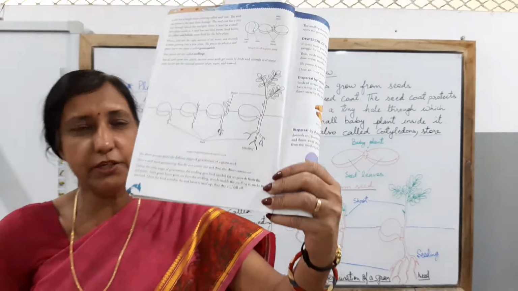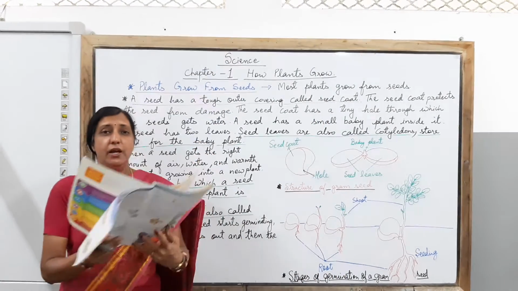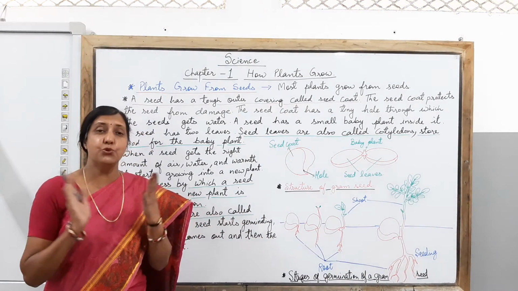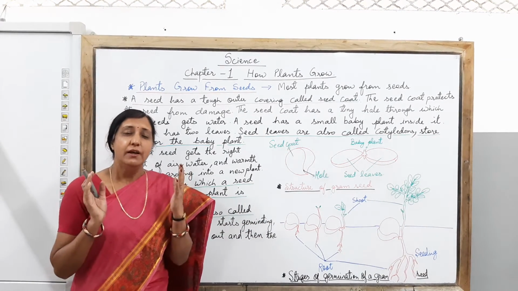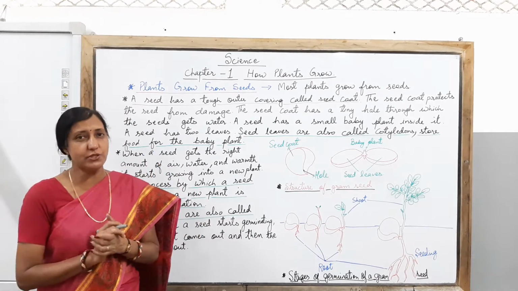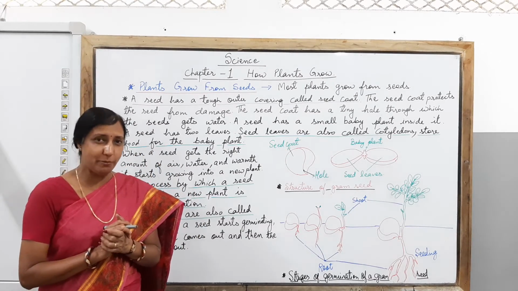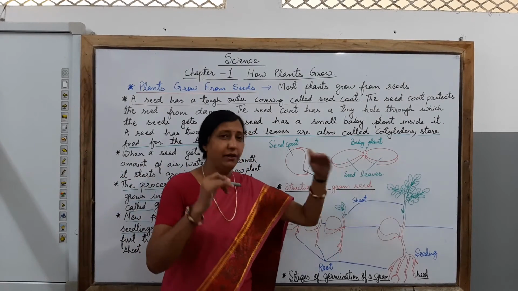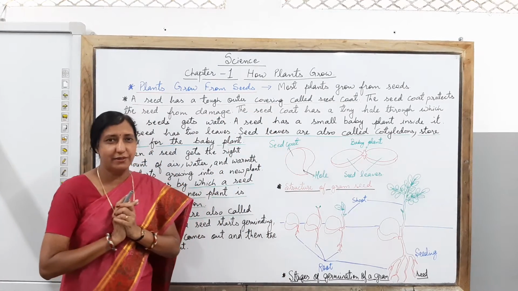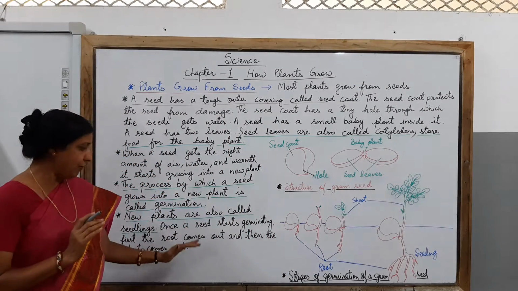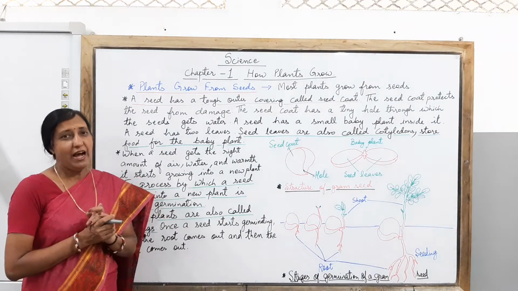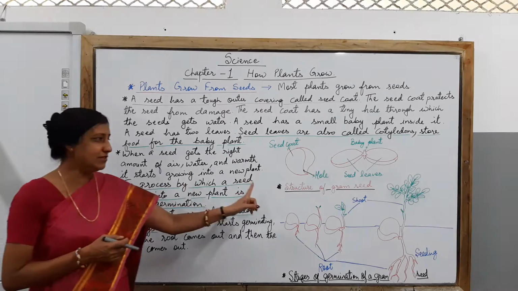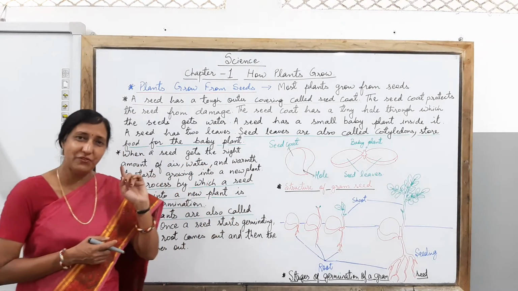So try to remember the different stages which I have shown you with the help of the structure of a seed first, then the different stages through which a plant grows. First it grows into a baby plant, then finally a shoot is available and then it comes out as a bigger plant in this form. So children, I hope you are able to understand. I hope you have enjoyed my class today and you have done the activity regarding the structure of the seed which we did in our previous class.